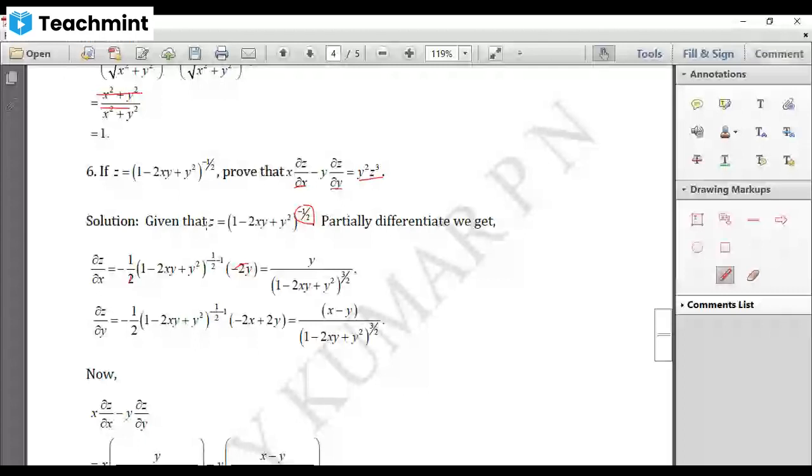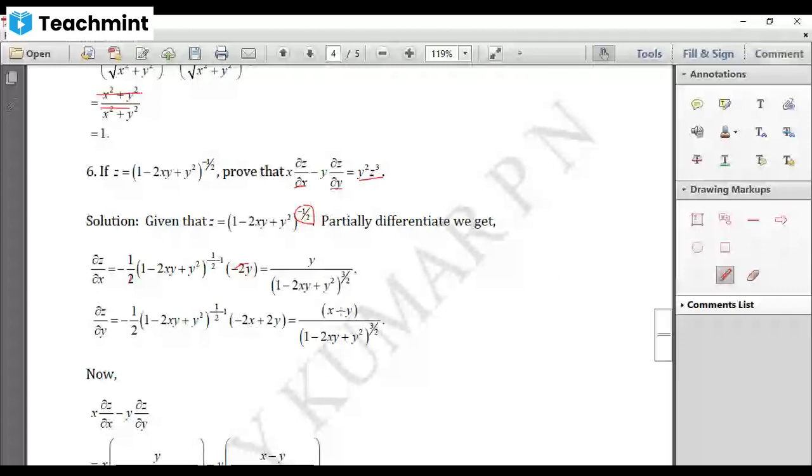Now if you differentiate this partially with respect to y, again, this is y to the power of n form. So minus half into this to the power of minus half minus 1. Now leave the power, derivative of 1 is 0, minus 2x is constant, derivative of y is 1, plus derivative of y square is 2y. If you take 2 outside or minus 2 outside, minus minus cancels, 2 also cancels. This will be to the power of minus 3 by 2 and send this one to denominator, 1 by of this. Here x is there and minus y will come because we have taken minus 2 as common factor.